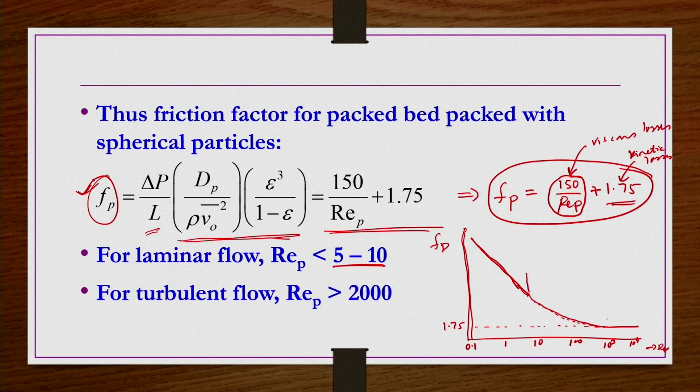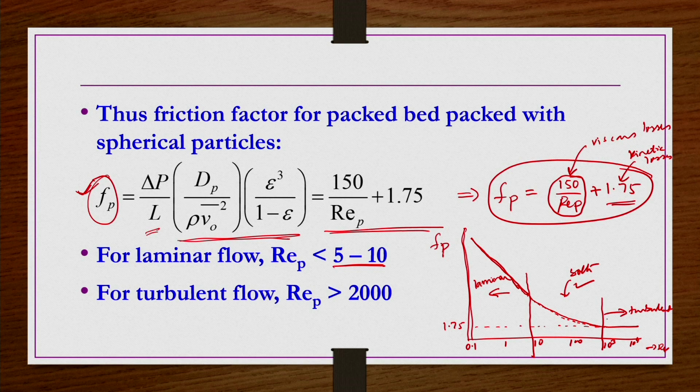So, this part is in general valid for the viscous or laminar flow, and this part is valid for the turbulent flows or large Reynolds number flows, where only kinetic losses are predominant. Here, in between, both contributions are going to have a significant effect, right. So, this is how we have to do the conversion of pressure drop information in terms of friction factor and Reynolds number for the Ergun equation.